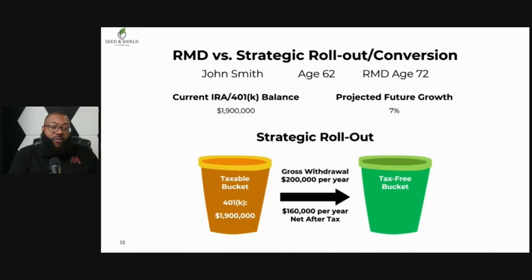His money is growing on an after-tax basis, and it's completely tax-free, penalty-free. So if you're watching this, just know that if you're in retirement or really close to retirement, don't feel like it's the end of the world. We can actually roll out those dollars. This is just an example of how you would do it, but your situation might call for more or less. Either way, I can help you out.